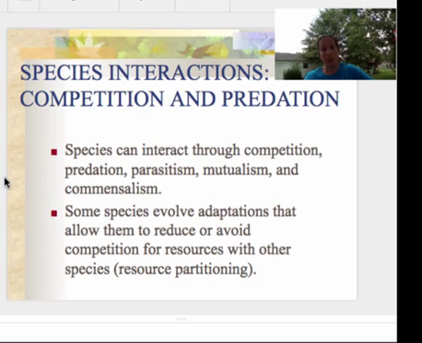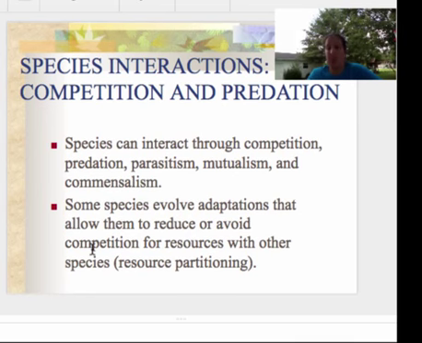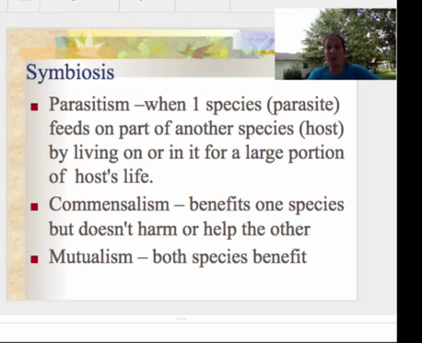Before I end this lecture, I'm just going to go over the different types of interactions or relationships. First we talked about the predator-prey relationship, but we're going to go over parasitism, mutualism, and commensalism. Over time you have seen many organisms evolve and adapt to different types of relationships. And when we look at how they evolve for competition or different resources with other species, that's called resource partitioning. So for symbiosis, we have parasitism.